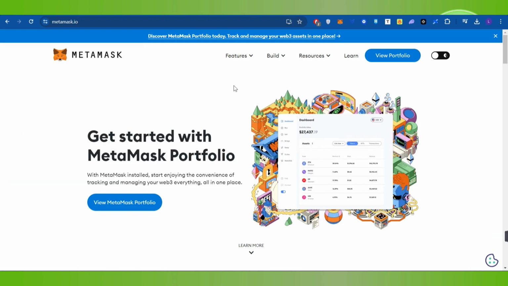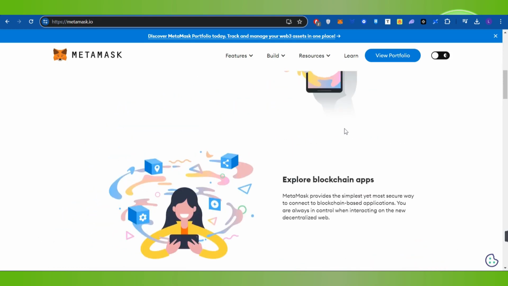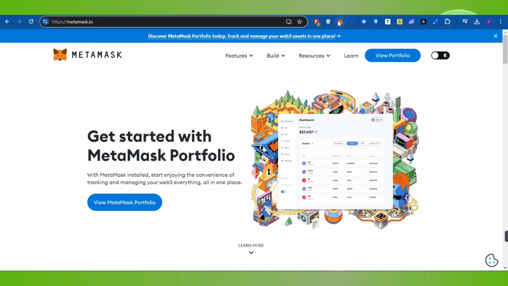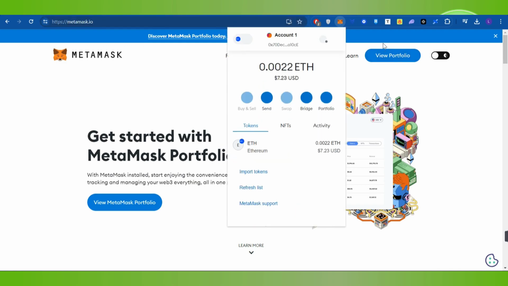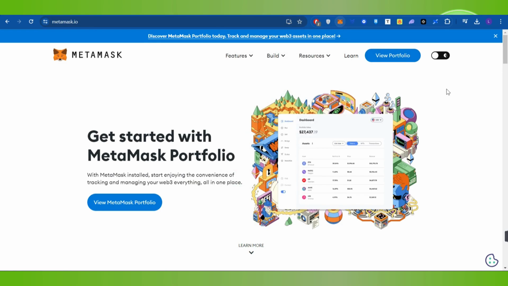In order to do this, you first have to launch your web browser on your PC, and in the search bar, you simply need to type metamask.io. Now once you are on the official website of Metamask, you need to first add the extension of Metamask in your web browser. After that, you just have to import your token, and once you have successfully added your wallet